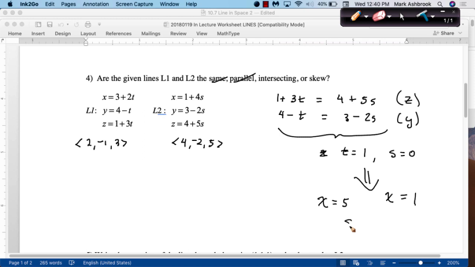And how would you know they intersected? You got the same x value. So now you have a t and an s that generate the exact same point. Now you have intersecting lines, if they weren't the same line. Okay, so you got the written